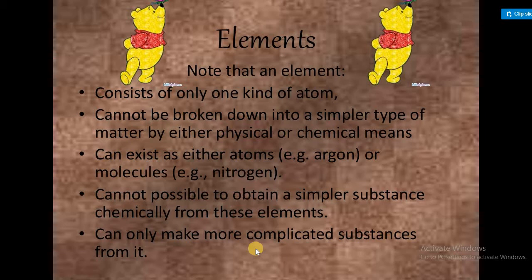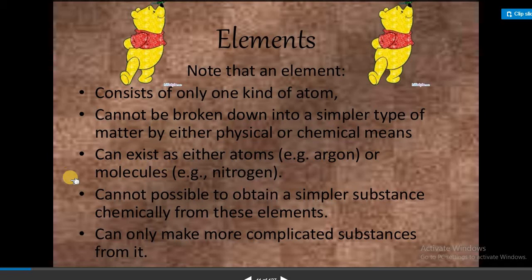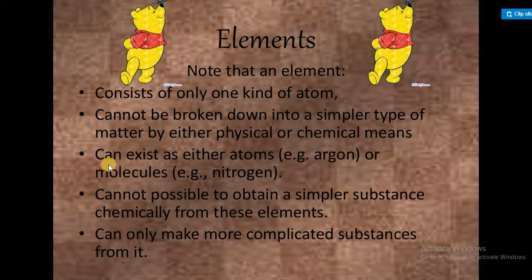It can exist as diatomic or monatomic, as I have already discussed. When I open the periodic table, I'll explain which type of element exists as monatomic and which exist as di, tri, or polyatomic. So for now, just note down that an element can exist as either an atom or a molecule. So if we have an unreactive element, like the noble gases helium, neon, argon, krypton, xenon,